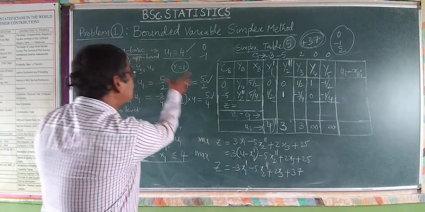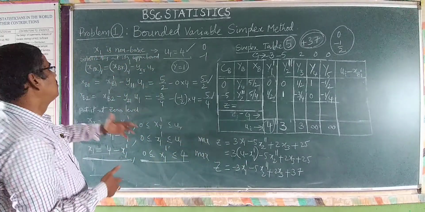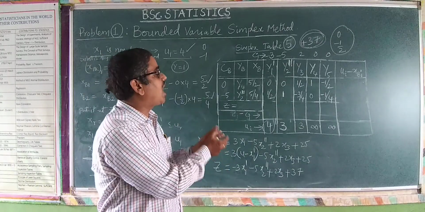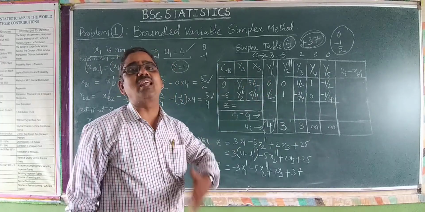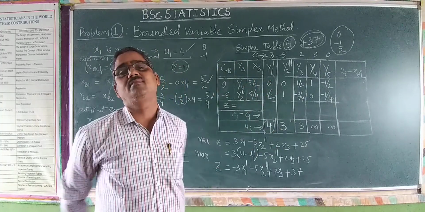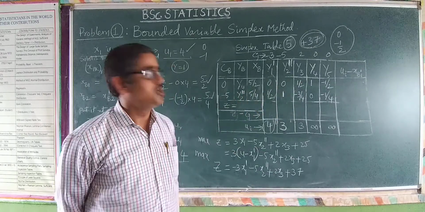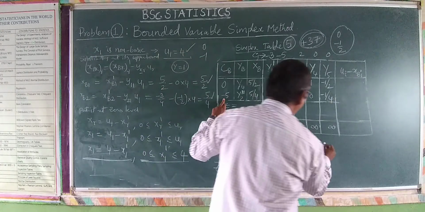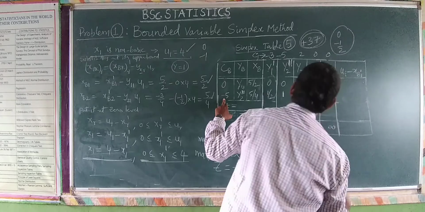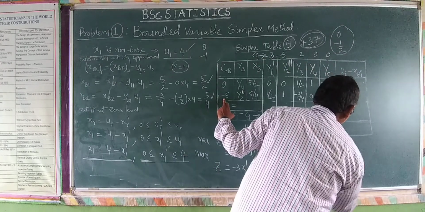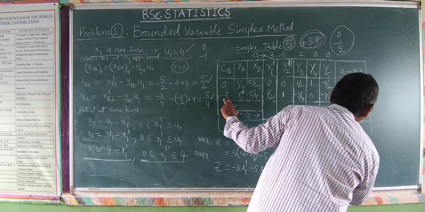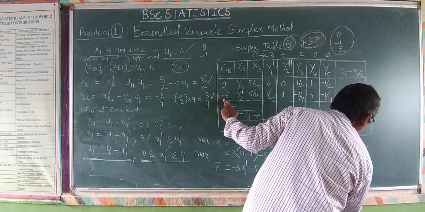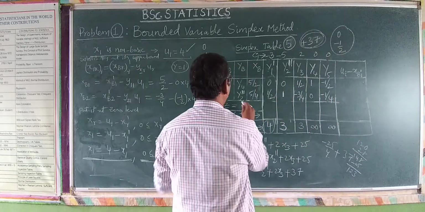These were all the changes observed here by updating the variable, substituting at its upper bound and putting it at the 0 level in the objective function, and all these values have been substituted here. Now you have to calculate again z and the net evaluations. What is z? Minus 5 into minus 5 by 4 plus 5 by 4, that is minus 25 by 4 plus 37. So 148 minus 25 is 123 divided by 4.